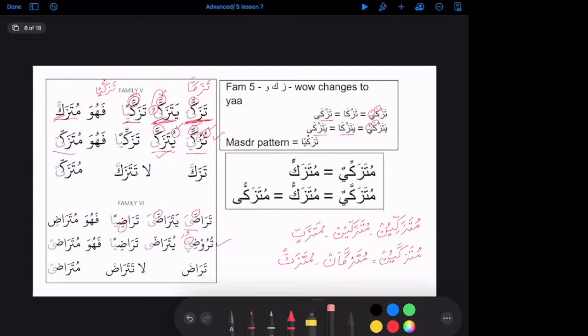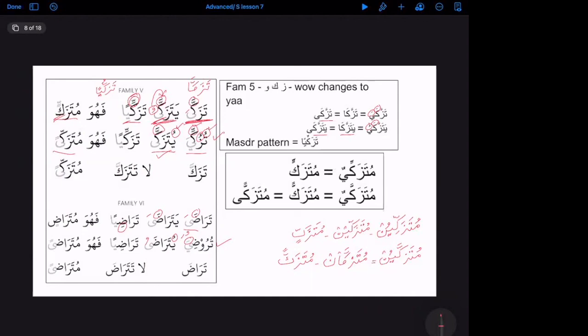Yutarada. Again, majhul has to have the first letter with a dhamma, and the rest of it is all fatha. So in this case, normally it would have been yutaradaya. Sorry, yutaradayu. The rule that applies here is